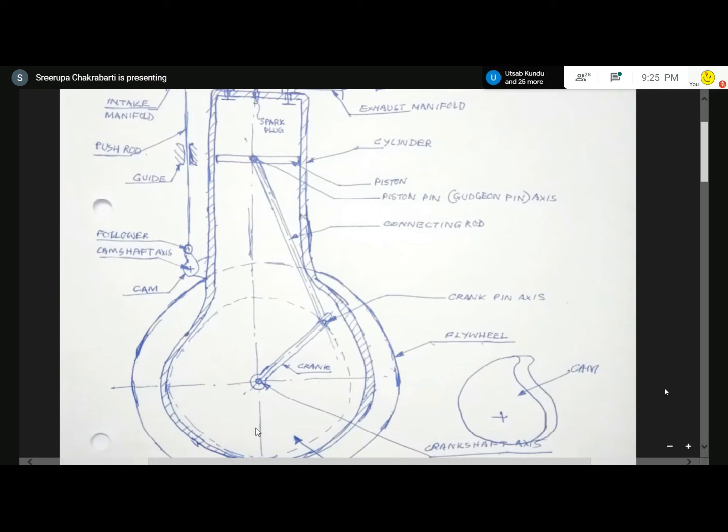After suction, the crank rotation continues. The angle theta, which was 180 degrees, now becomes 181, 182, 183, and so on, until it comes to 360 degrees. From 180 to 360 degrees of crank rotation, the piston moves from bottom dead center to top dead center. Now, please tell me, can you visualize?